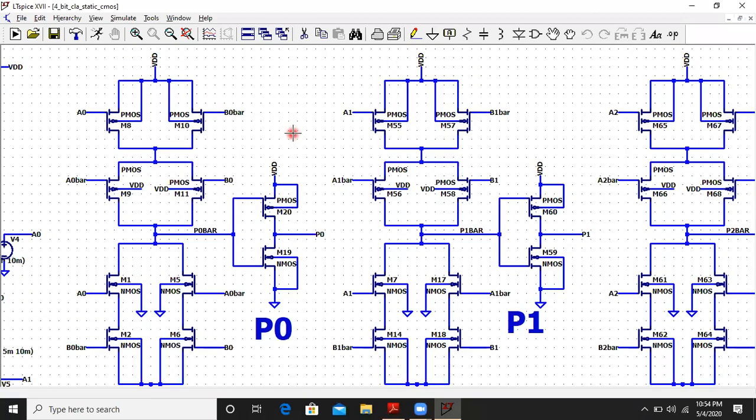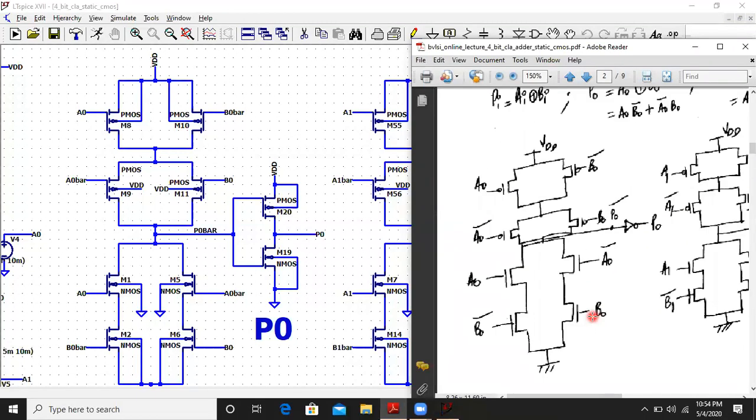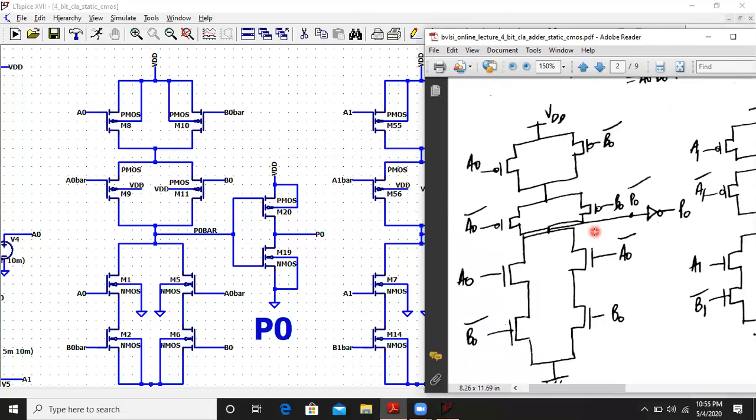Now you can see your P0 block clearly. Let me open the window for the P0 block also. So yeah, this is my P0 block, as you can see. Let me adjust this a little bigger. Yeah, now it is clear.